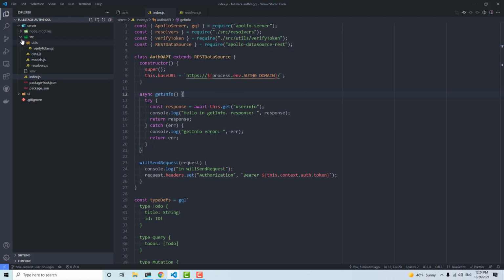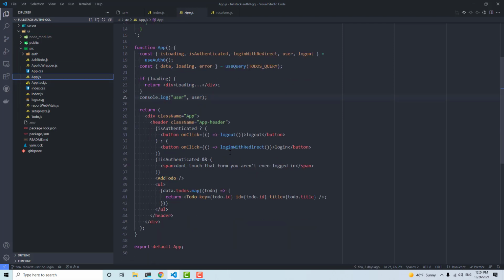So if you go to the client side, src and app.js, we have this login with redirect. And so you can actually choose where the user redirects to on login. And so what we need to do to get that is send in an app state. So you can do something like this. App state, and then this can be an object with something like target URL. And so I'm not sure if the app state is required, but I know for sure that you can rename this to whatever you want. So I chose target URL, and then let's say you want the user to redirect to bro, I like pie